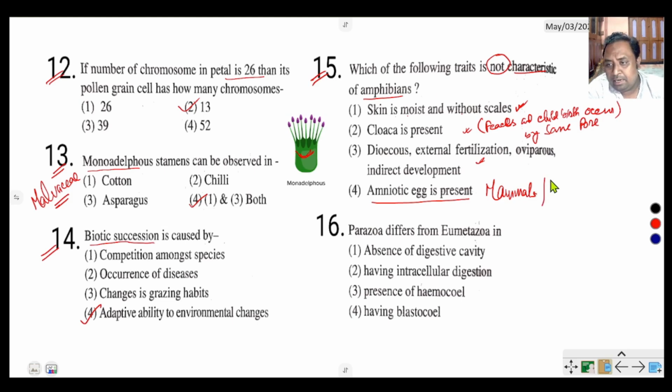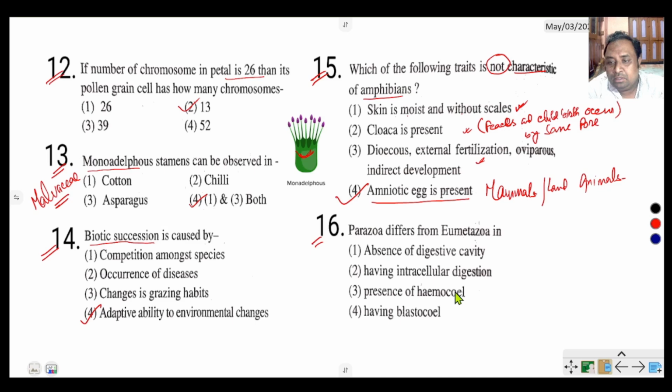Blemishes or land animals. Land animal. Okay, so the not correct option is 4. Question number 60 says: Parazoa differs from Eumetazoa in absence of digestive cavity, having intercellular digestion,